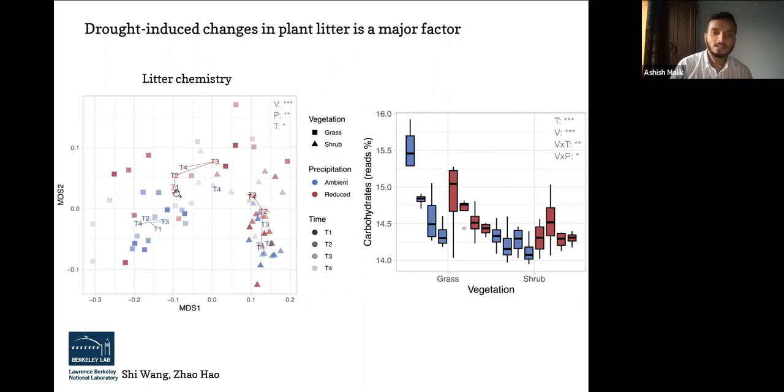And this is then showing quite different leaf litter in the grass ambient and reduced, but also shrub ambient and reduced, although in the shrub litter, the differences were smaller. That again is a nice reflection of the carbohydrate genes data set, which again shows a very small difference in the shrub litter, but somewhat of a difference in the precipitation treatment in the grass litter and the grass communities.